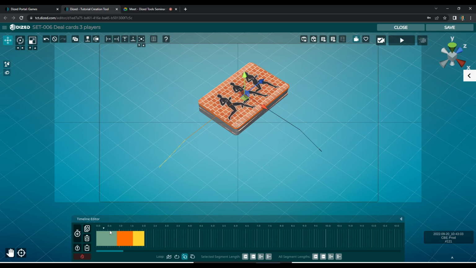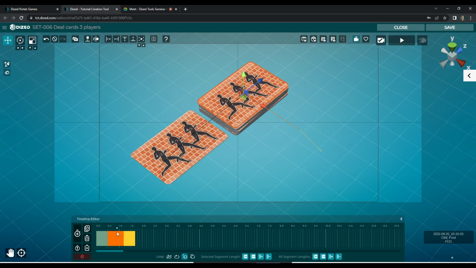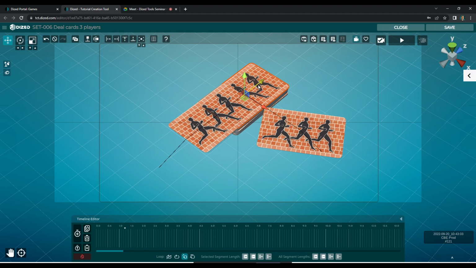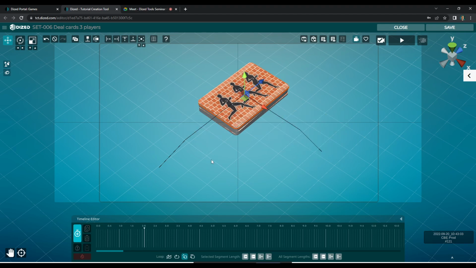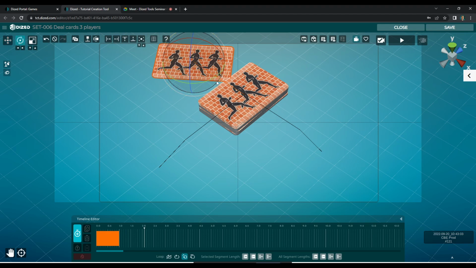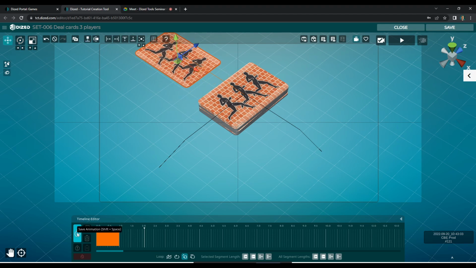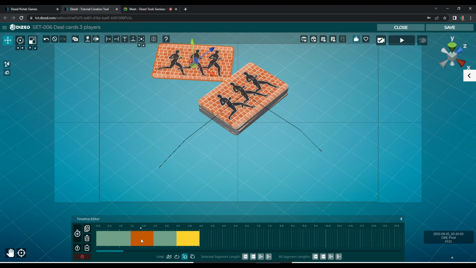Perfect. Then third card, same thing. 1, 2, third one is here. Record animation, rotate a little bit, drag it away from the deck, there. Then another segment, rotate it all the way, snap to ground, and then drag it away a bit, there. It starts from 1.5 seconds, retime it a little bit,